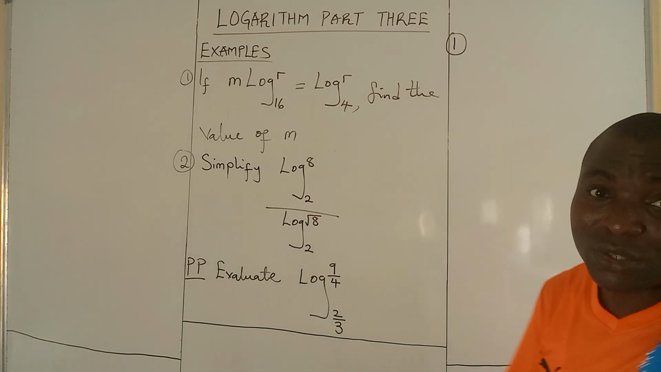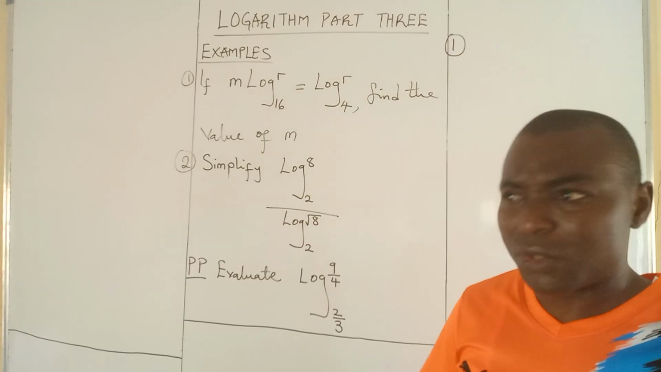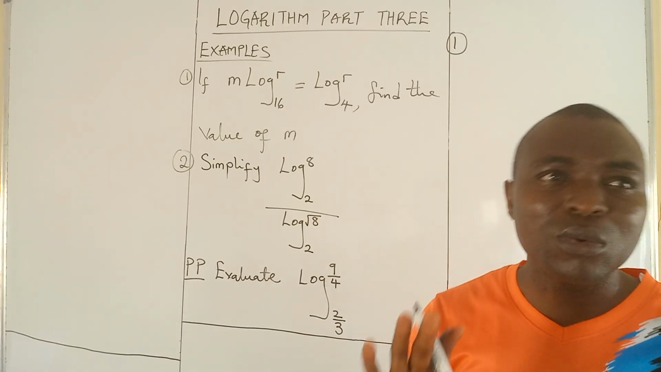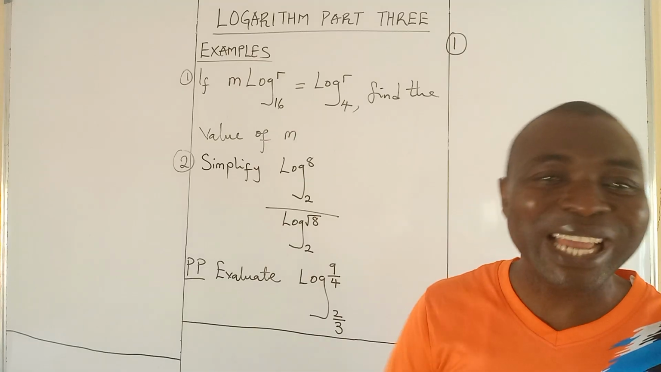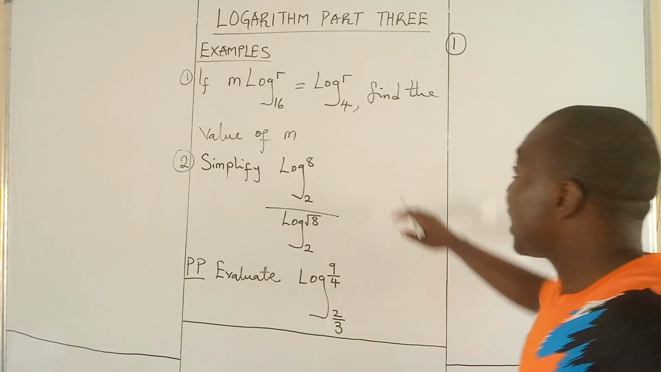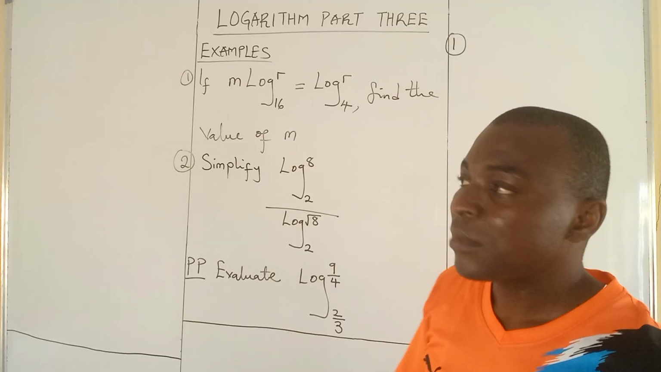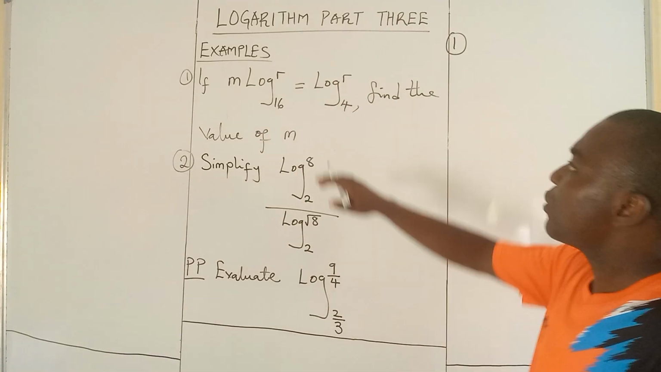Anytime you are given a question on logarithm, it must always resemble one of the laws. So what you do is just look at the question, which law does it resemble, and then you apply that law. That's why I'm saying go through part 1 before coming over to part 3, because we treated the laws in part 1. So if you look at this question,